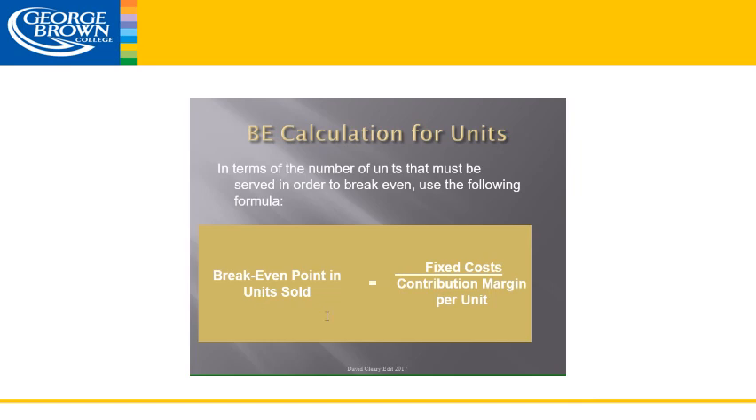Now, where this becomes a little difficult for food service operations is that we sell many different items. We sell liquor items, we sell food items, and they all have different contribution margins. So calculating a break-even point in units for a restaurant, you would have to calculate your average contribution margin per unit. That's difficult because